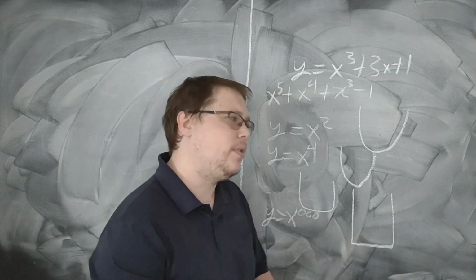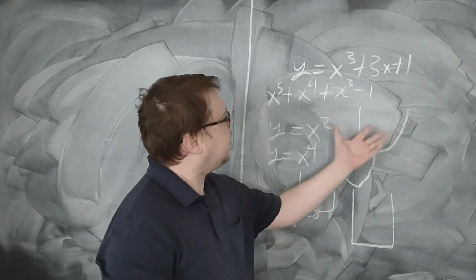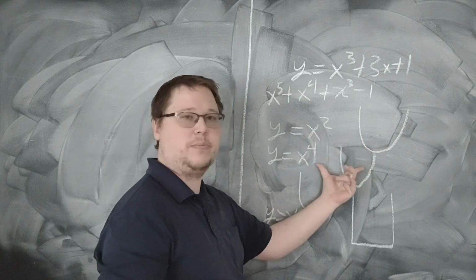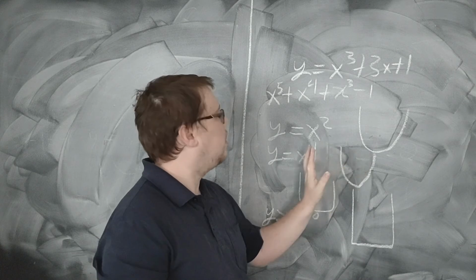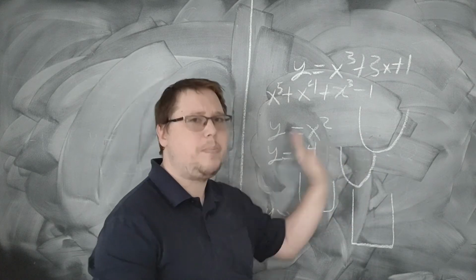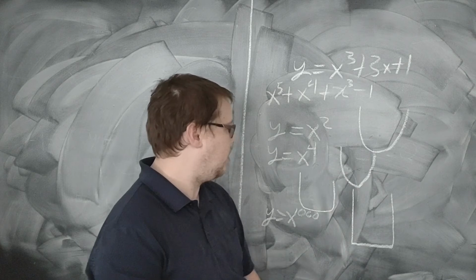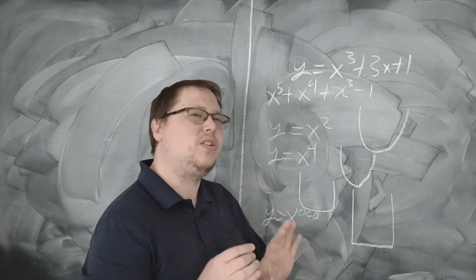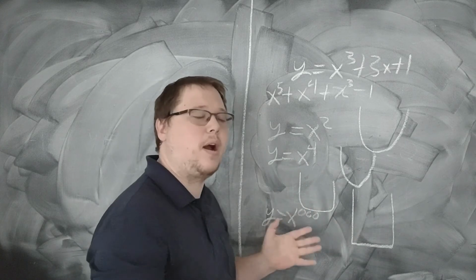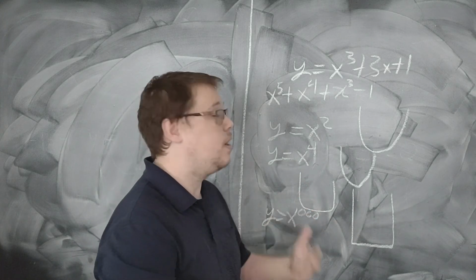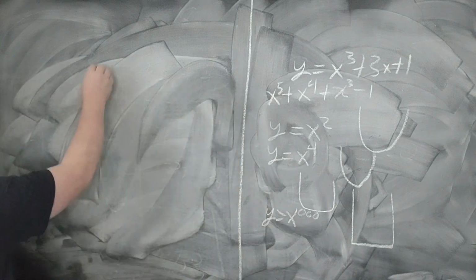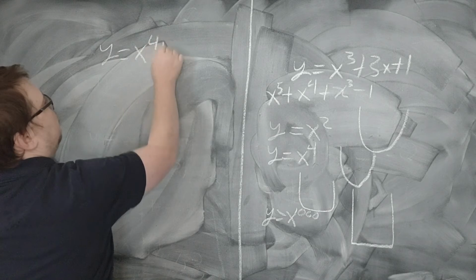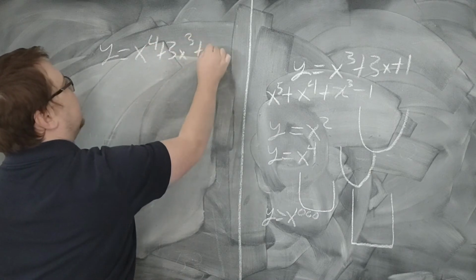Having said that, there's a little bit of a caveat there. There are some middle terms here that this doesn't have. These ones don't have some extra terms, like the x cubed, x squared. Those lower power x terms do something. What they do is they add in some wiggles. And those wiggles are a little harder for me to just look in a problem and know exactly what they do. But, for example, if I have y equals, say, x to the fourth plus 3x cubed plus x squared